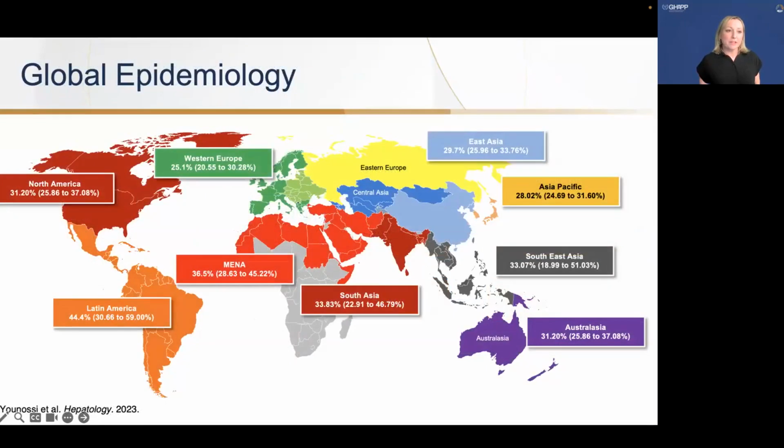All right, so MASLD, this is looking more globally at the epidemic of MASLD. And so it really is a true global epidemic. In North America, the rate of MASLD is around 30%. But in Latin America and the Middle East, it's even higher. And in some Asian countries, Southeast Asia, it's a little bit higher. These numbers typically reflect shifts in diets, urbanization, rising rates of obesity and metabolic syndrome,